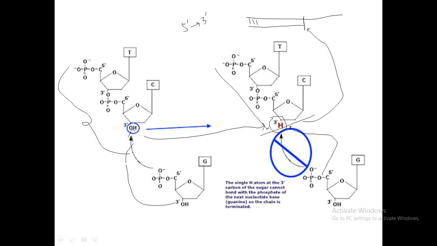That is why the technique is known as the chain termination method, because once a base that has 3 prime H instead of 3 prime OH is incorporated here, no further extension will take place, and the extension always takes place in a 5 prime to 3 prime direction. You can see here this is the 5 prime, and let us suppose this is the first base of the DNA. If the replication goes on in this direction, the replication direction is from 5 prime to 3 prime. So the end is always 3 prime and the starting point is 5 prime.